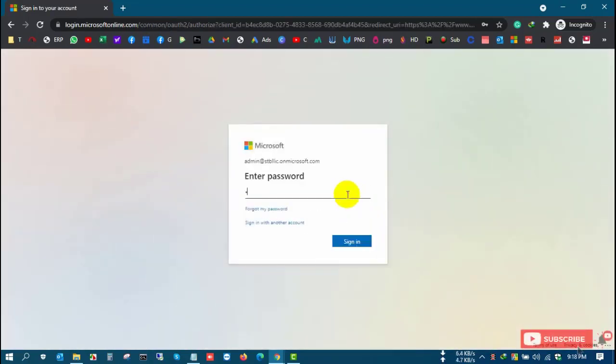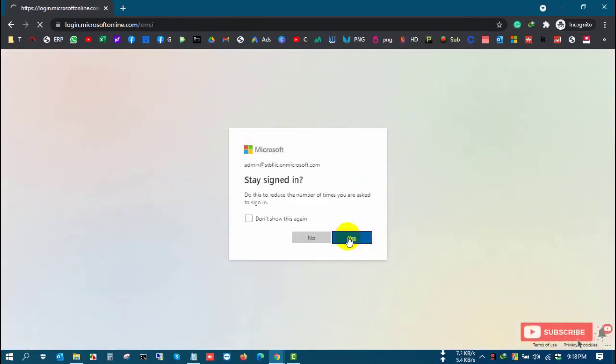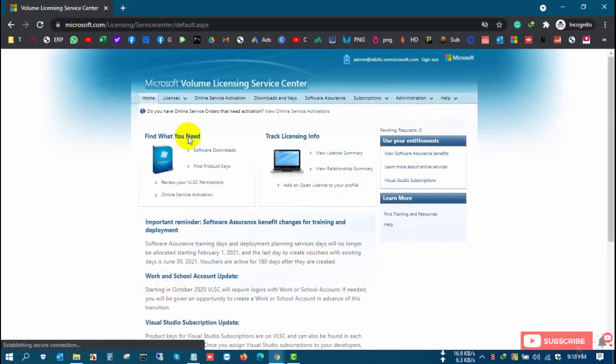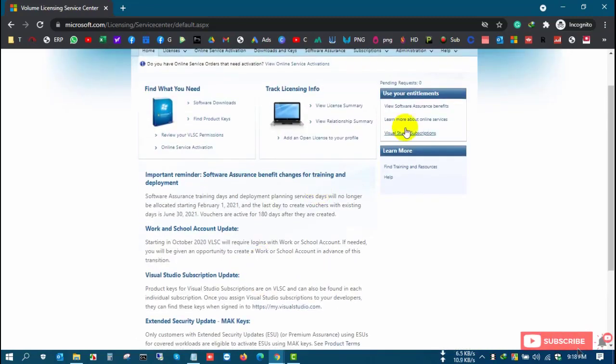Input your password, sign in, yes or no, as you wish. Now entering the VLC portal with the Office 365 account. You don't see the notification here, action required to sign in with your Azure account or 365 account.